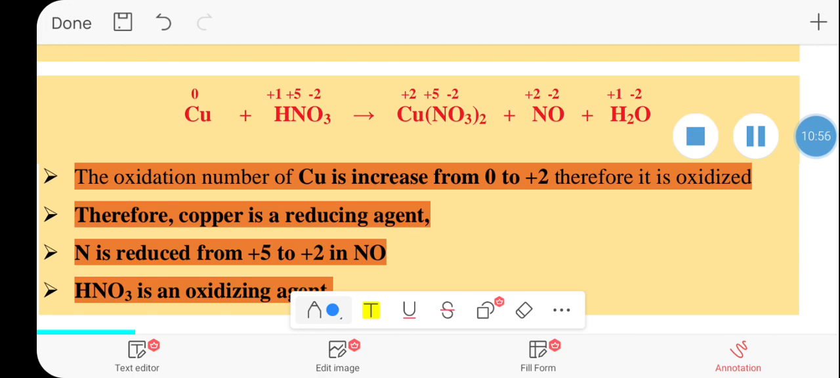Therefore, the oxidation number of copper is increased from 0 to +2. Therefore, it is oxidized, and therefore copper is the reducing agent because the substance that oxidized should be the reducing agent, and the substance that reduced is the oxidizing agent. Nitrogen is reduced from +5 to +2 in nitrogen monoxide,